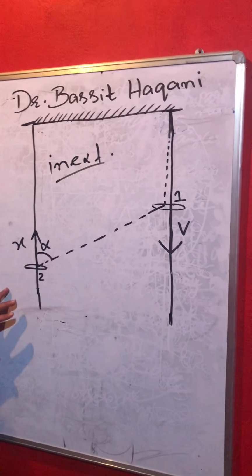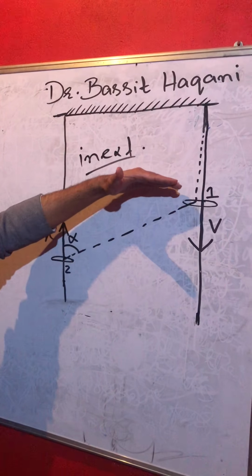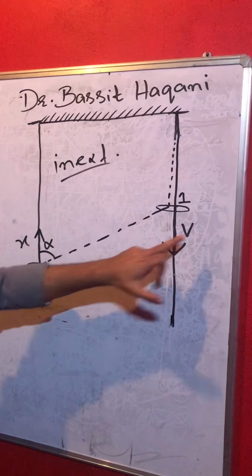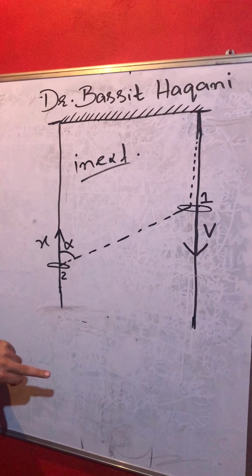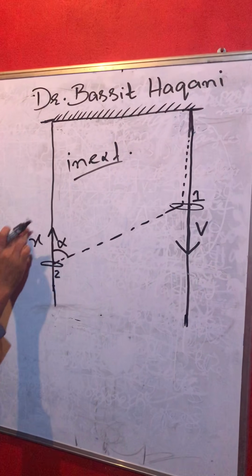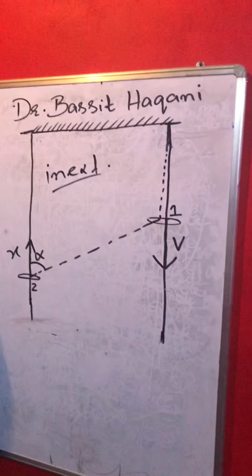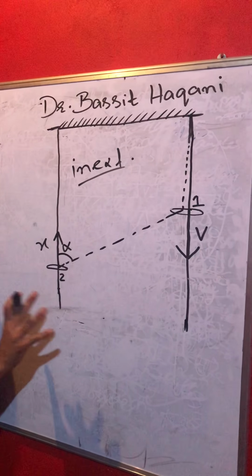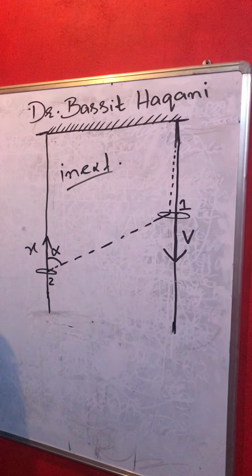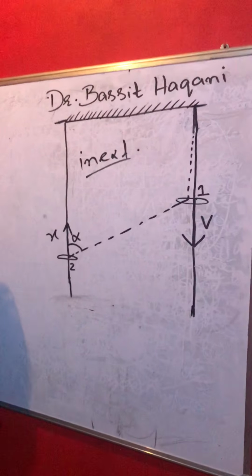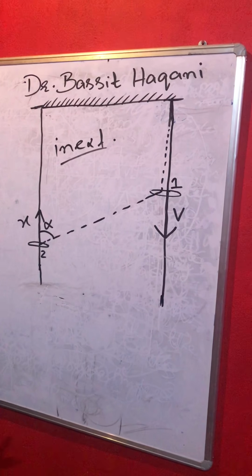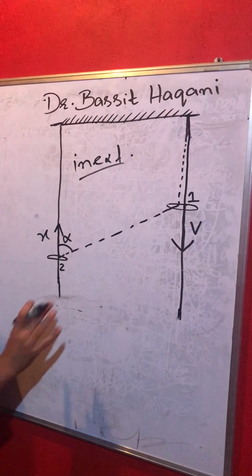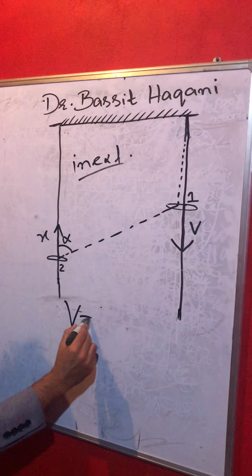So what the question is actually, if this ring is coming down with a velocity v and this ring is going up with a velocity x, the examiner tells me that you have to find out the value of this x in terms of v. So what I am going to do to the question, I will again solve the question as a single equation, a very simple equation. Later I will try to explain how I am writing the equation. I will write down v is equal to